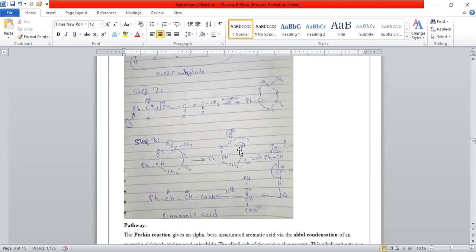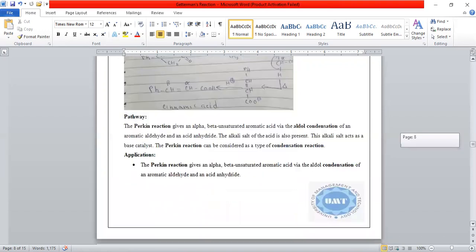And in this reaction, the carbonyl C=O departs as the leaving group, and we get the beta group and the alpha group. When we heat it under these conditions, this bond shifts onto the bond between the carbons, and the C-H and C=O bond departs as the leaving group and forms this product. After that, H as an acid reacts and at the end we get the cinnamic acid. This is the pathway of the reaction.